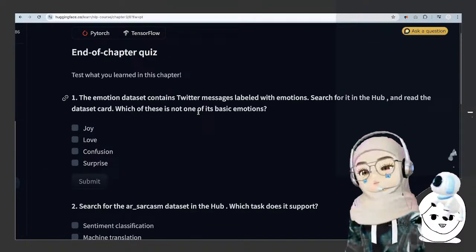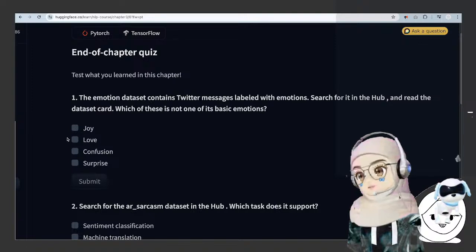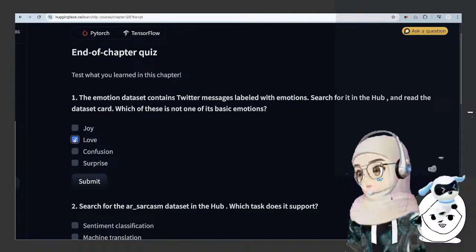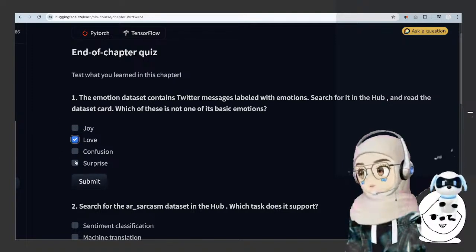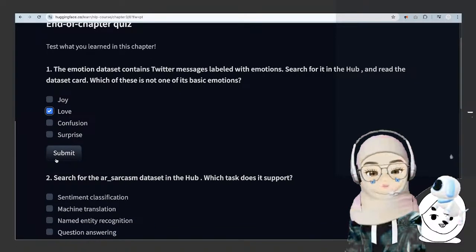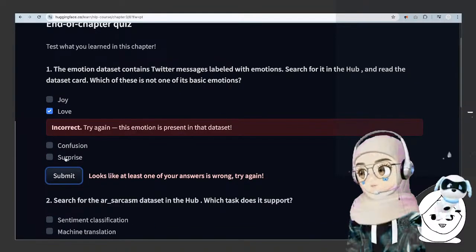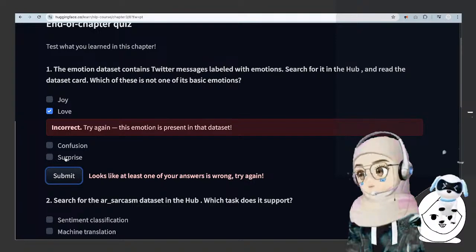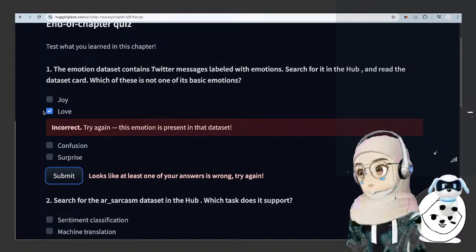Something tells me love is not an emotion. I don't think it's an emotion. Joy, confusion, and surprise are emotions, but yeah, okay. Apparently love is an emotion. Then joy is like